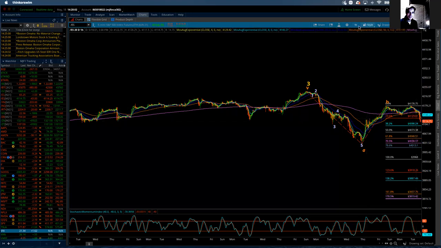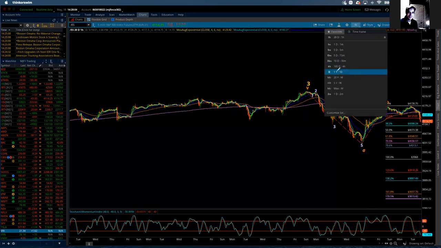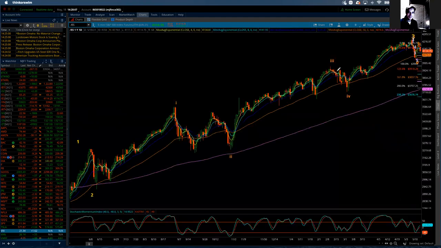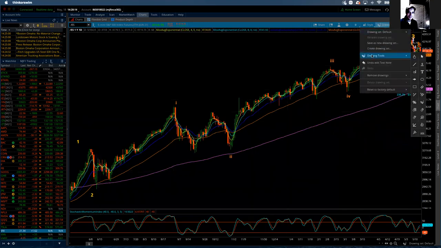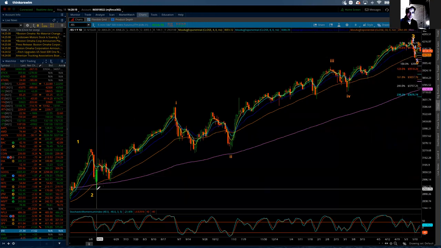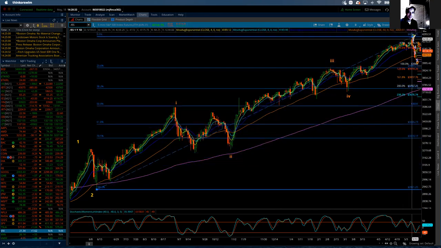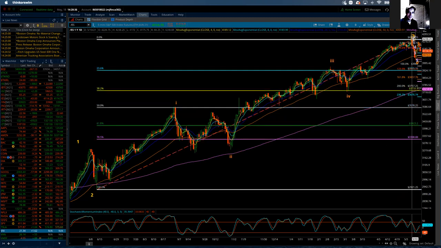Now, one other thing we can add in here, and I'm going to go up to the daily for this one, is the Fibonacci retracements for an intermediate fourth wave, given how extended and how long wave 3 was. So we're going to go from there, maybe. There you go. Thank you ever so much. And now we want to go up to that high, which is right there.